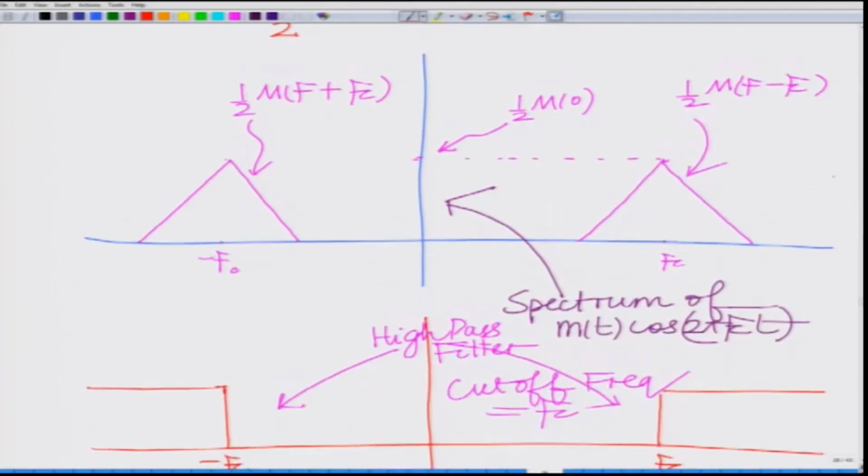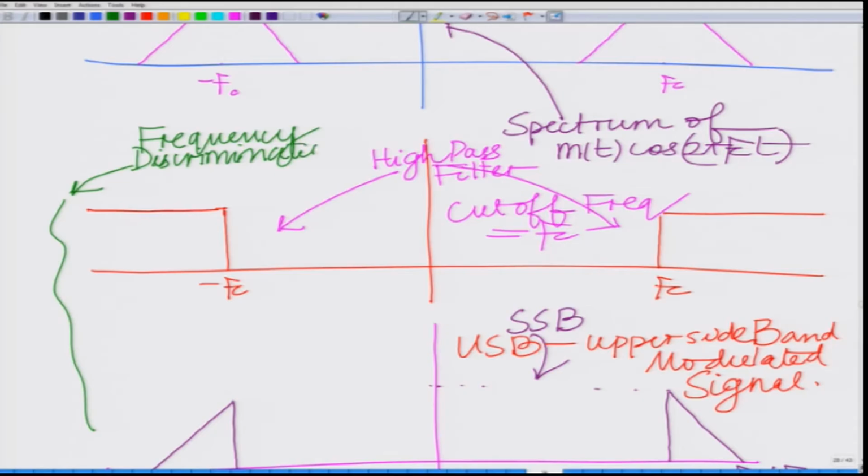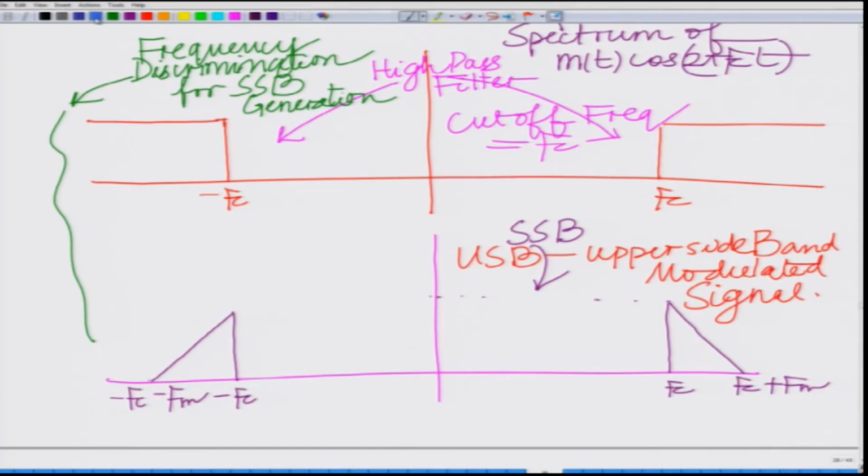Okay. And the problem that we have in generation of this upper sideband modulated signal through this method, remember, this method is the frequency discrimination method. This technique of passing it through this high pass filter is termed frequency discrimination for SSB generation. And the problem with this, or rather the challenge, is to generate